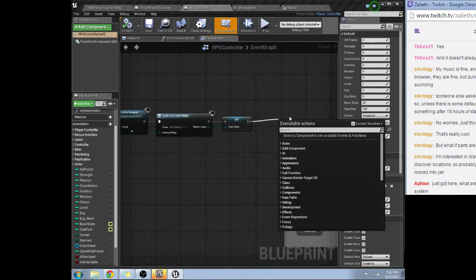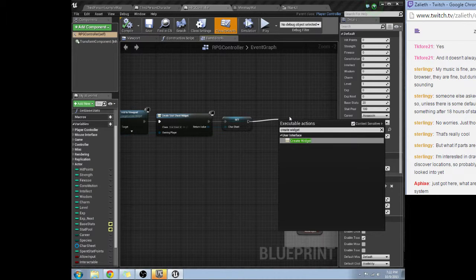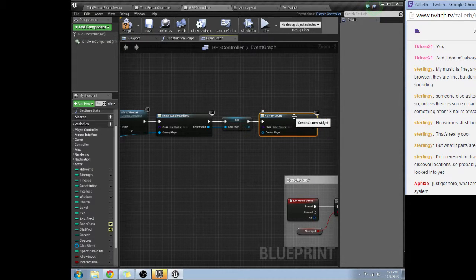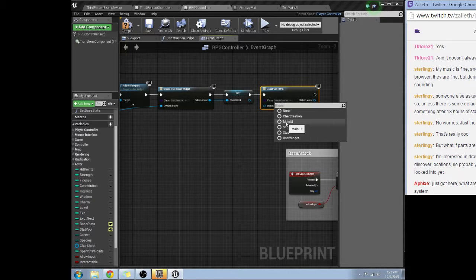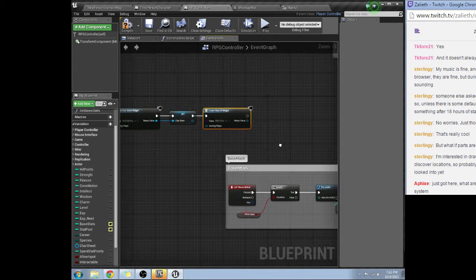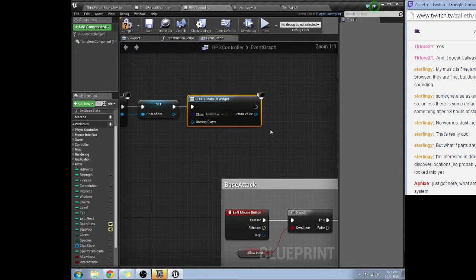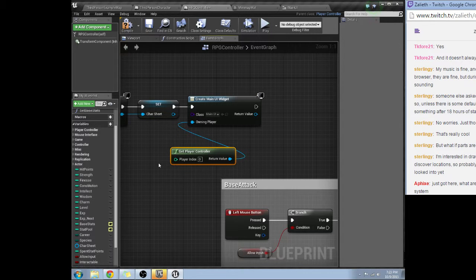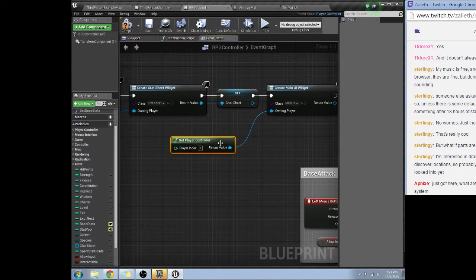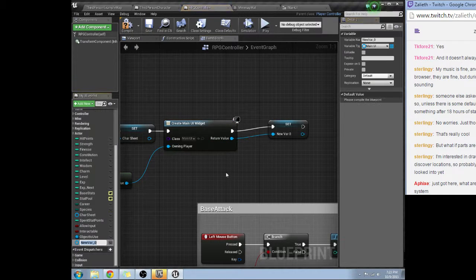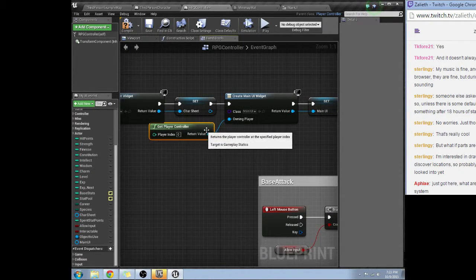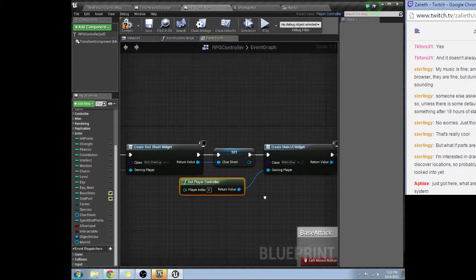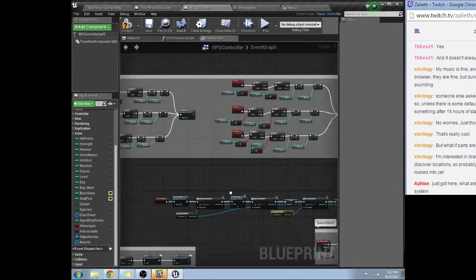Stat sheet. Create widget. Character main UI. Get player controller, which I suppose I could have just left it as self. Main UI. Okay, and then